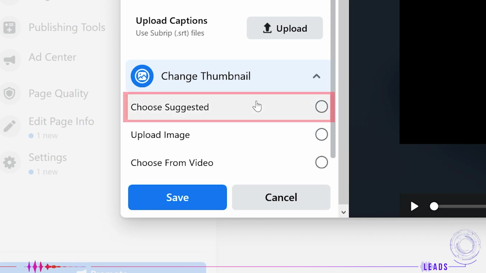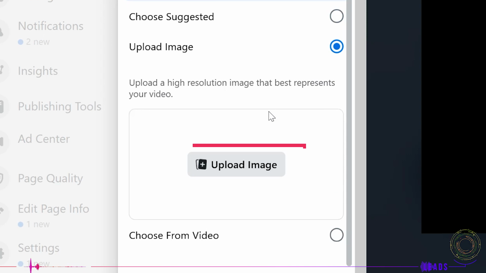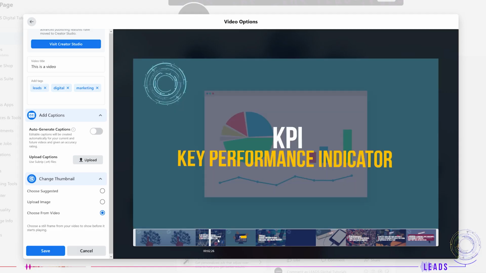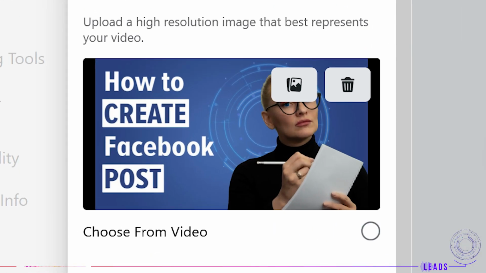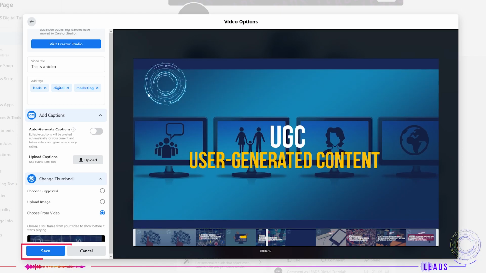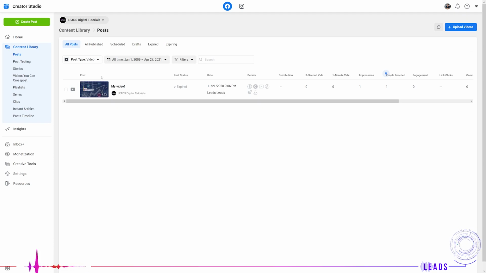Choose from the suggested ones, upload an image, or choose from a video. The best thing is to have a personalized thumbnail for each video that you upload. Now, click on Save, or go to the Creator Studio. Then click on Video,